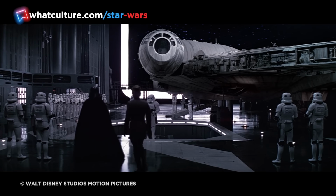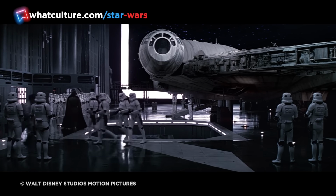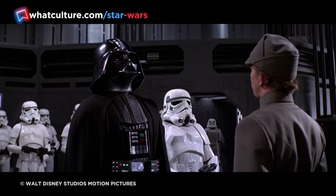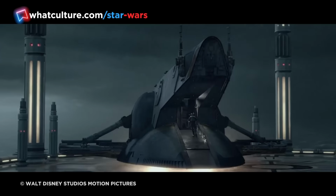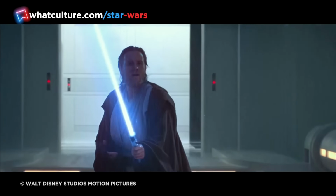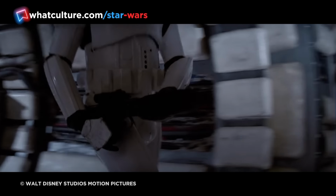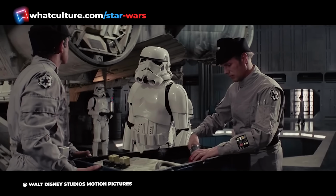However, he assumed that the accident hadn't been captured on film and was shocked to see it included in the end product. The bump has been widely parodied countless times over the years, with Lucas himself even getting in on the joke by having Jango Fett smack his head in similar fashion in Attack of the Clones. Though it's an undeniable mistake in every sense of the word, Star Wars just wouldn't be the same without that